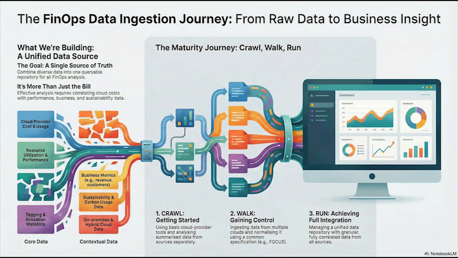The framework breaks this down into 3 pillars of data ingestion management. Let's start with number 1, managing data sources. Right. This starts by looking at what the other FinOps capabilities need. Your reporting team tells you, we need daily cost data by team. Your unit economics people say, we need customer counts correlated by product. So the needs of the business drive what you collect. Precisely. Those requirements determine your granularity, the specific data elements, the metrics you have to gather from each source. It's like a data contract.